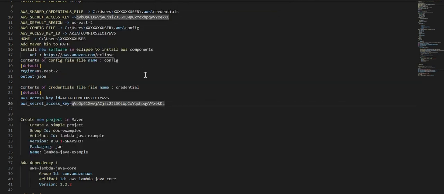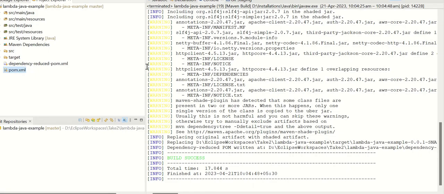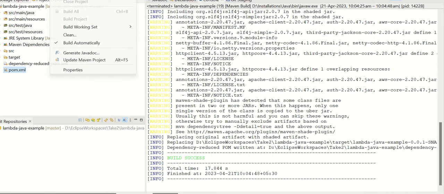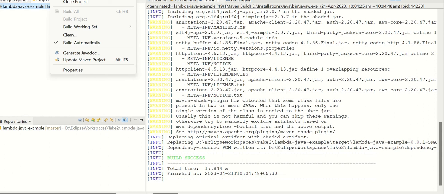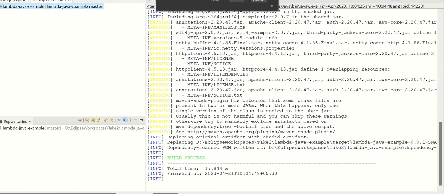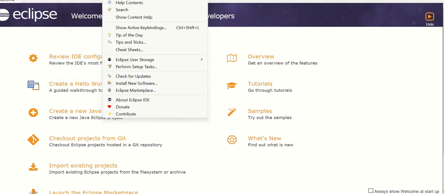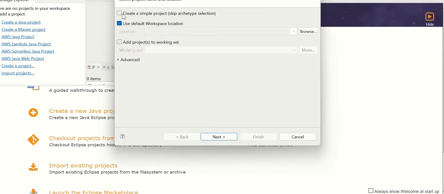Once that setup is complete, the next step is to do the Eclipse setup. So for that, we'll go to Eclipse, and here we do all the setup. First is to create a new project in Maven. So we'll go here, and we're going to create a new project. Once we do that, it's a Maven project. Then we'll say create simple project,